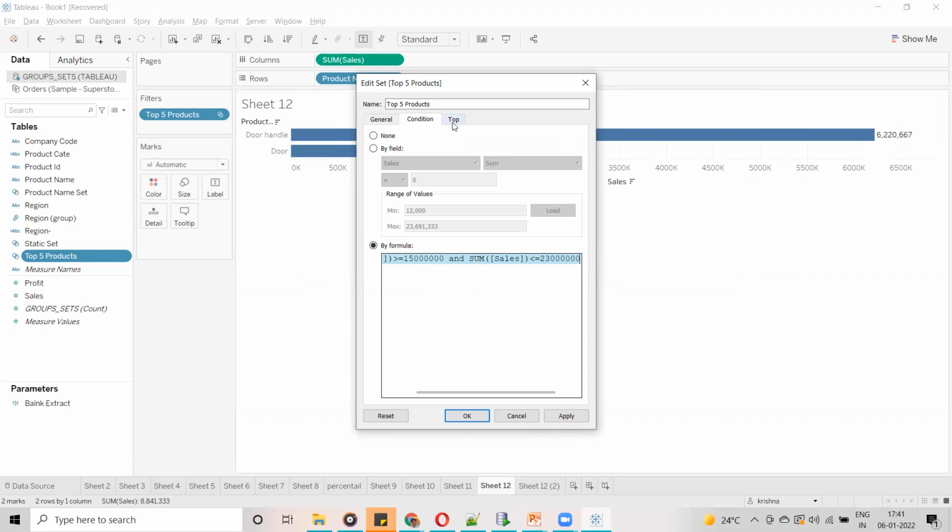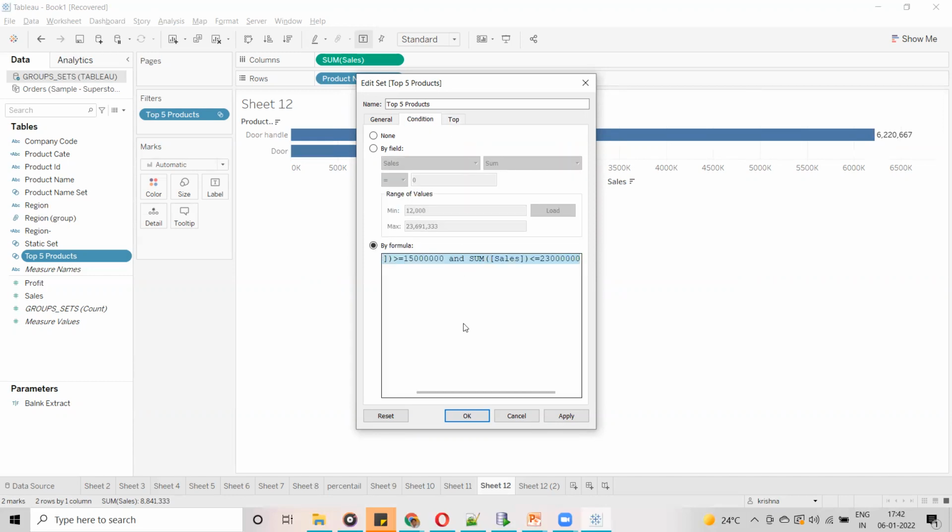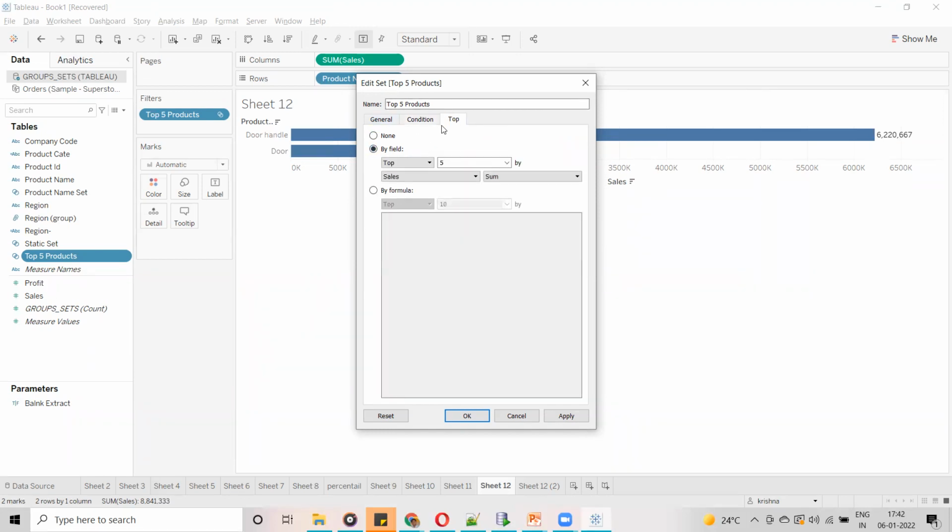Then after displaying all these, it is going to find the top 5 out of the list it has given. So this is how it is going to work. Now it is clear, right? The condition and top options, whatever we can say here.